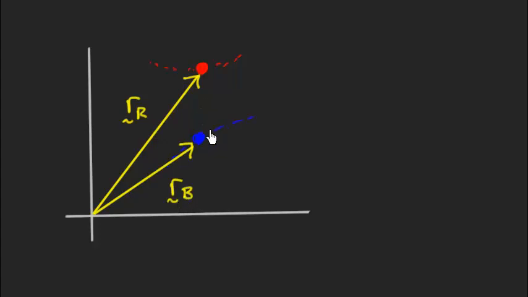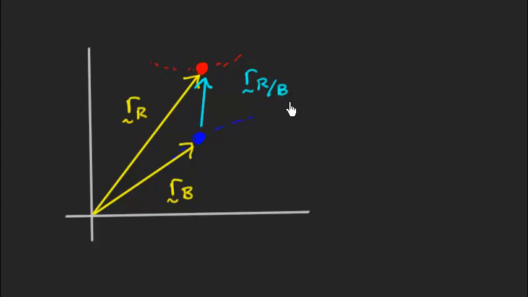Now the next thing I'm going to do is define another vector that's this one right here. What is this? It's a vector that starts at the blue particle and goes to the red particle, and I call this one R, position of the red particle relative to the blue particle. And it's exactly what we had with the trains, right? We're sitting on the blue particle and we're looking at the red particle, just like we're sitting on the blue train looking at the red train go by. In this case, we're just looking at the position. So the position of the red particle, as if we're just sitting on the blue particle,